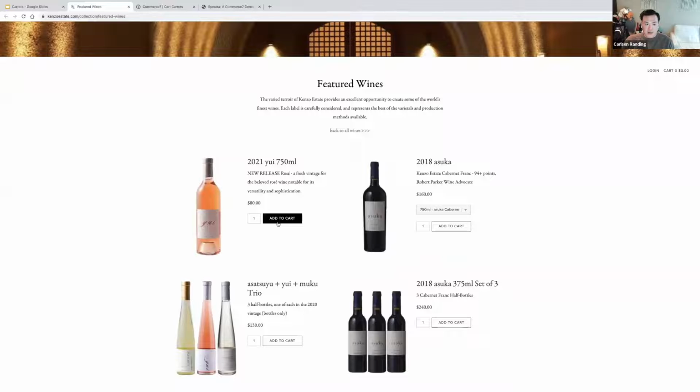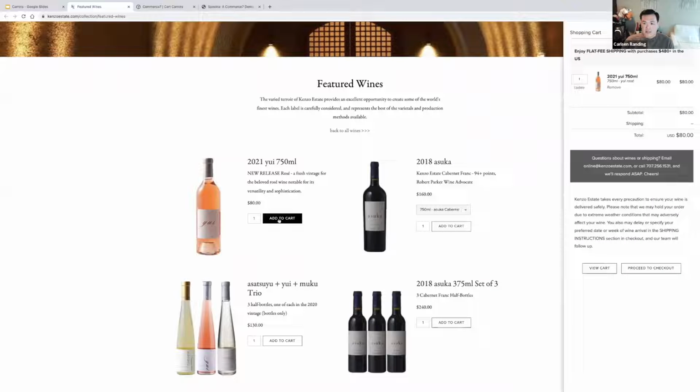So I'm going to click on add to cart. And now I see this message. Kenzo takes every precaution to ensure your wine is delivered safely. We may hold your wine in extreme weather conditions. You can also delay, specify a preferred ship date in the shipping instruction section of the checkout, and our team will follow up. So they're informing their customers of their